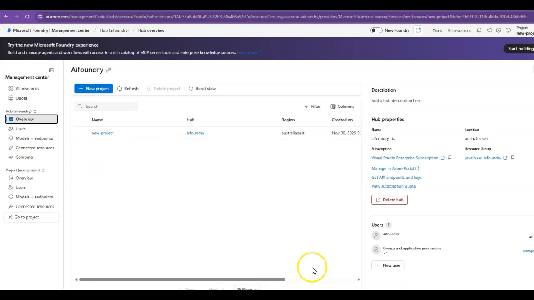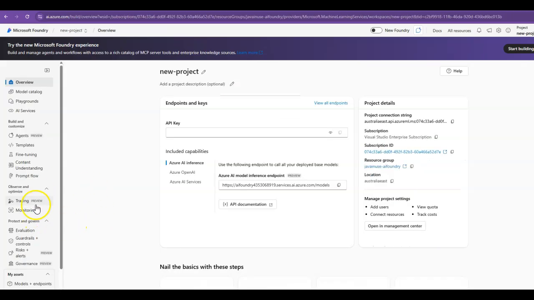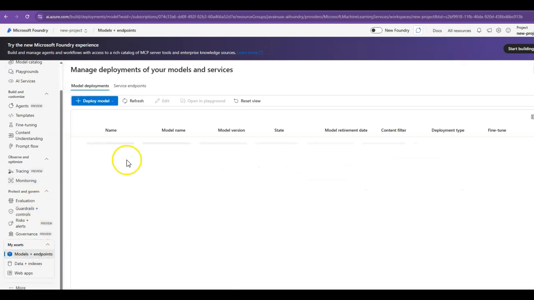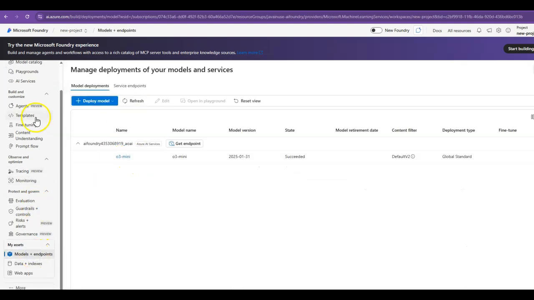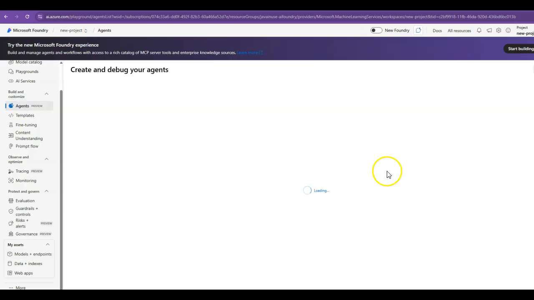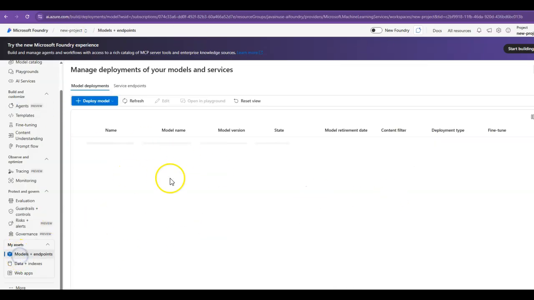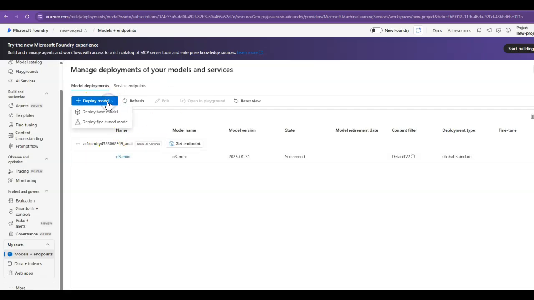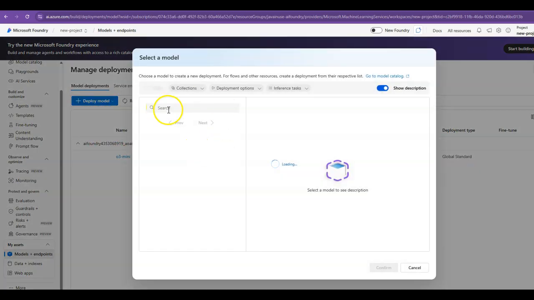So go to the Azure portal. In the previous tutorial, in Azure AI Foundry, we had created a new Azure AI Hub. Inside it, we had created a new project named New Project. So go to this project. In this project, we had deployed a model which was o3-mini. Now we'll be creating a new agent in this project. But for creating this agent, we need a more recent model. o3-mini will not do. So we'll be deploying the GPT-4o model.